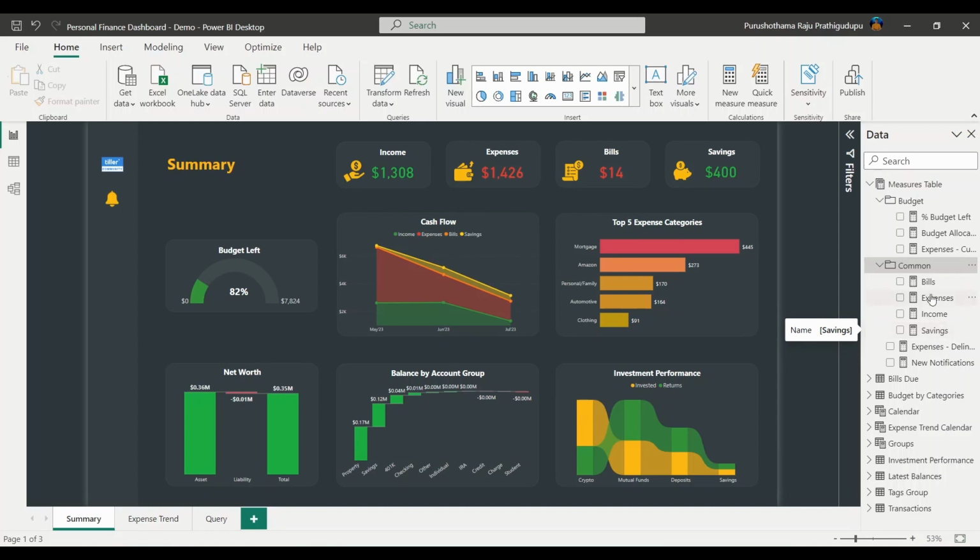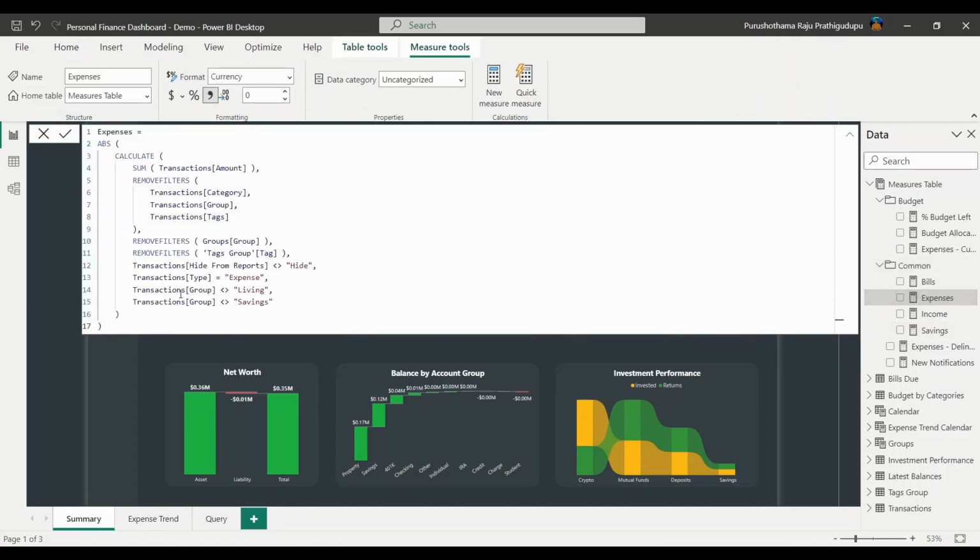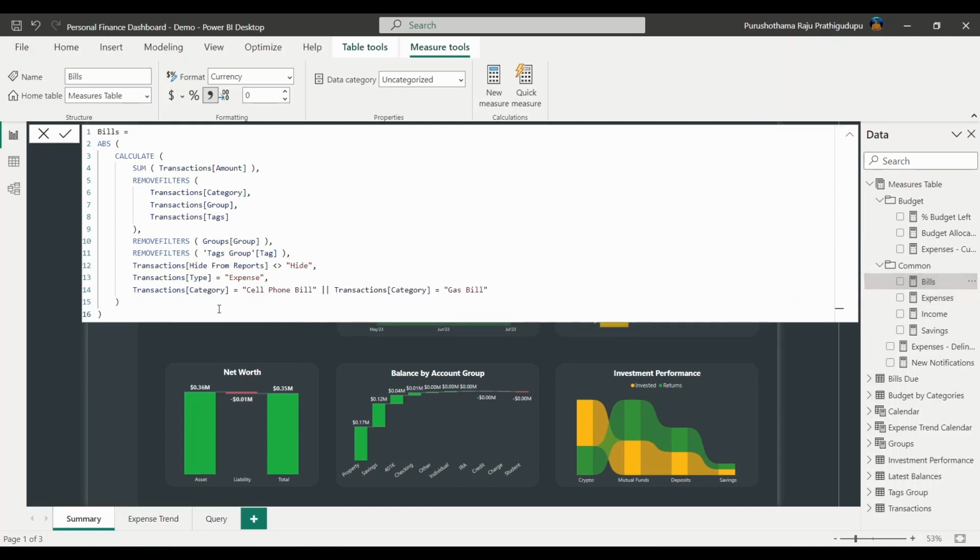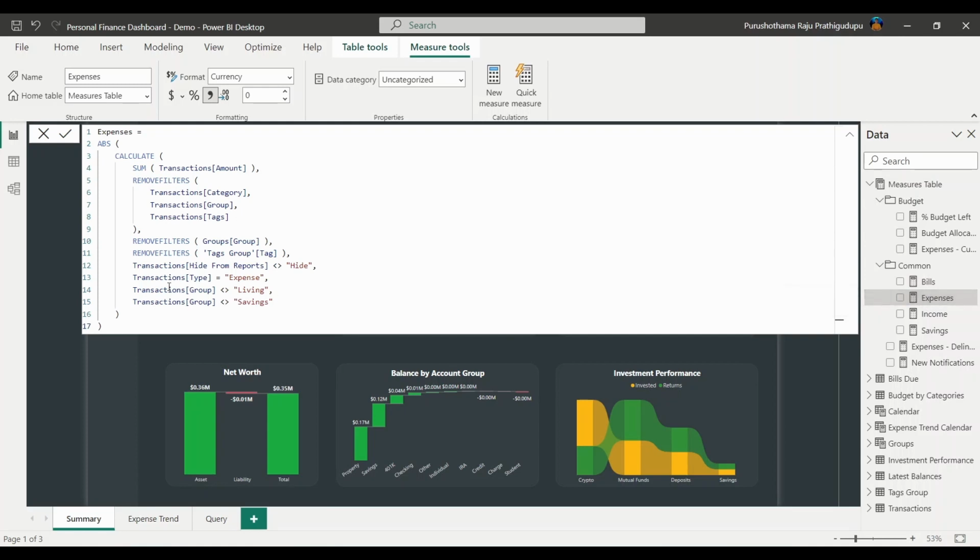Whatever filters you have applied for bills and savings, those need to be excluded in the expenses. So if you have different groups or categories, then you would need to copy the filters from both the bills and the savings measures. In this particular case, we have it different for just the bills. So I will copy this and paste it in the expenses. We don't have the group as living, so I'll just remove this part of it